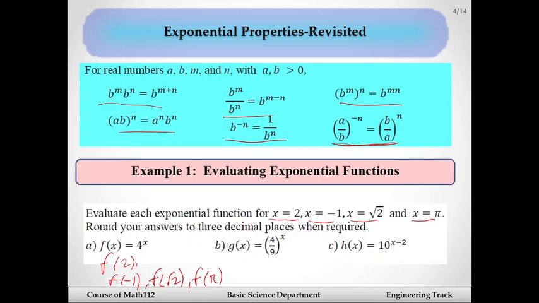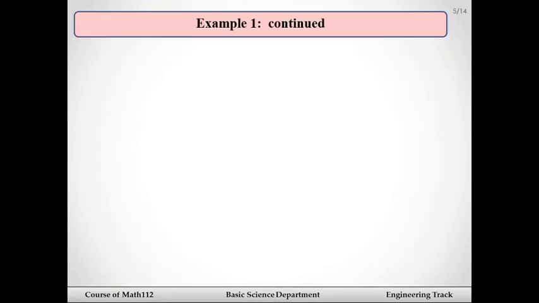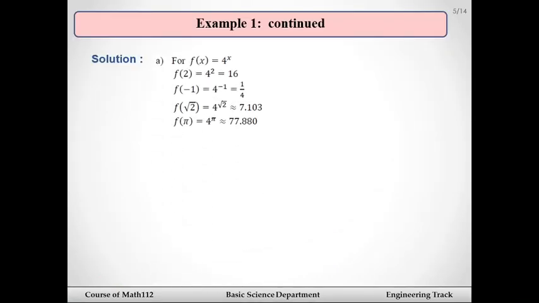So nothing is different from evaluating a function. Just substitute the value, 2 for x, in the formula. So f of x, like 4 squared; minus 1, you put here your x; the square root 2, you put the square root 2 as the power; and pi. Now for these, you can use the properties of exponential functions. 4 to the negative first is 1 over 4. But for irrational numbers and more complicated numbers, we generally use the calculator. We use the calculator if we need a numerical